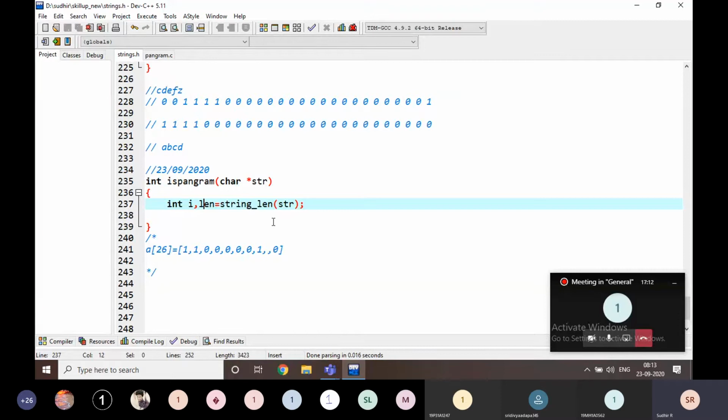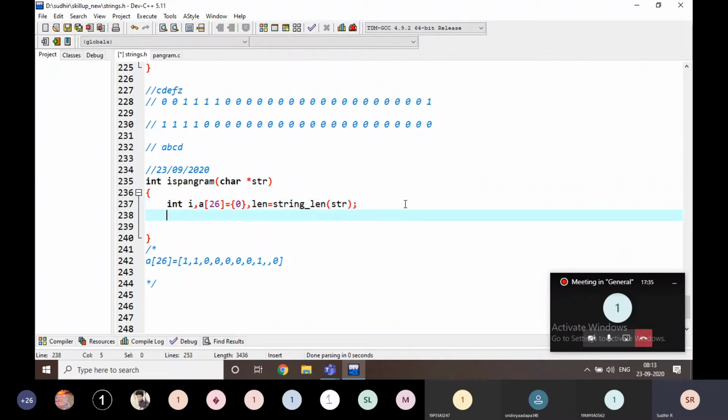And I am going to declare A of 26 equal to 0. That means all the 26 characters are going to be 0. There is no need to write 0 comma 0 comma 0 like that. Zero means all 26 characters are represented with zeros.